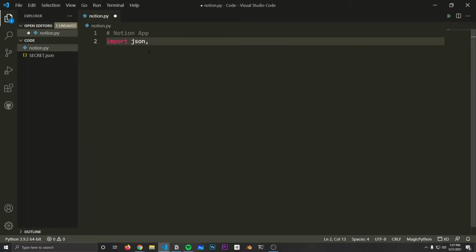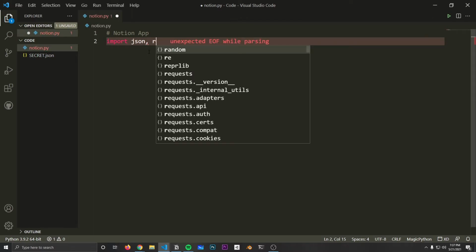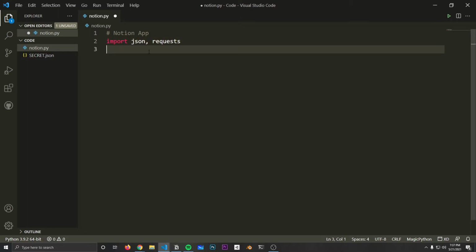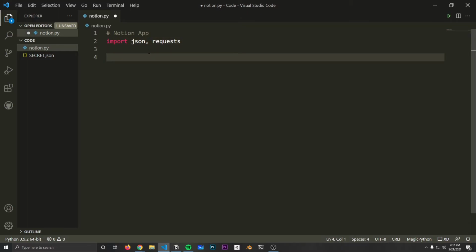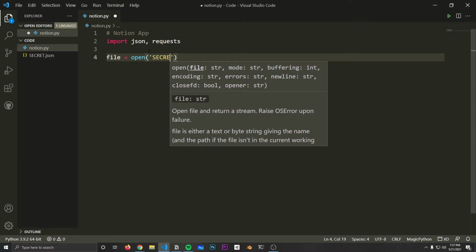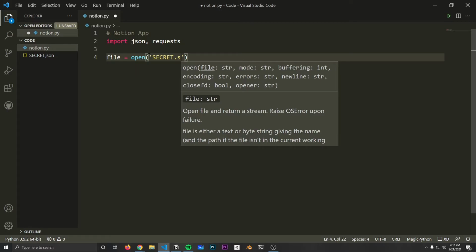JSON comes with Python already, and then we're going to put comma request. And this is after you've pip installed. I assume you've done that at this point. And what we're going to do from here, we're just going to store a variable called file, and we're going to open the secret here. Whoops, make sure it's spelled correctly. .json,